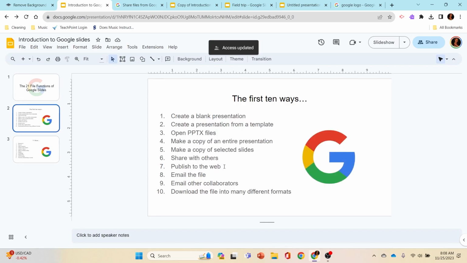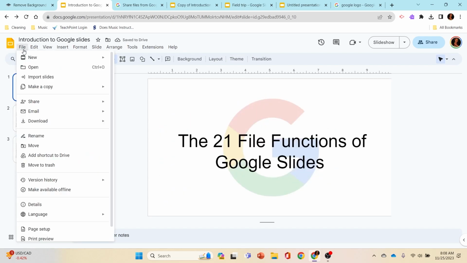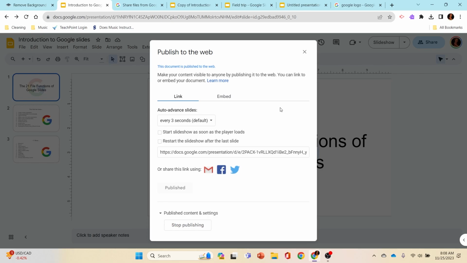you can also publish your PowerPoint to the web. So say, for example, I want people to be able to see this and see what they can do. If I go up to publish to the web, this gives me some different settings and ways that I can embed this into my website. It's saying here you can share it through a link. You could do this through a link, or probably the most popular way is that people actually embed this into